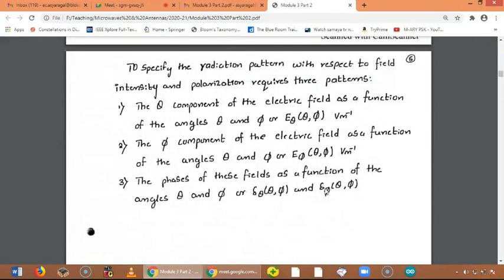Remember, three patterns are available here. If we consider the radiation pattern with respect to field intensity and polarization, the theta component of the electric field can be represented as a function of the angles theta and phi. If we consider phi as an electric field component, with respect to theta and phi, we can represent it as E phi of theta comma phi, volt per meter. If I consider only the phases of these fields as a function of both theta and phi, we can write it in terms of delta theta and delta phi. This is how we can understand